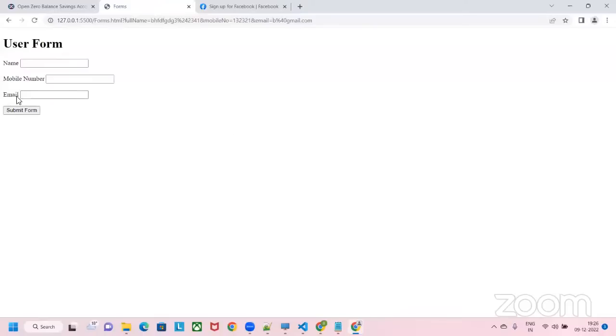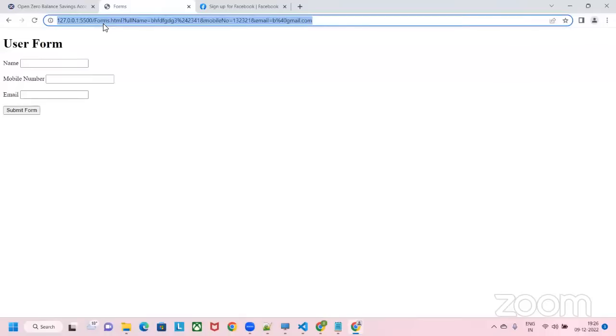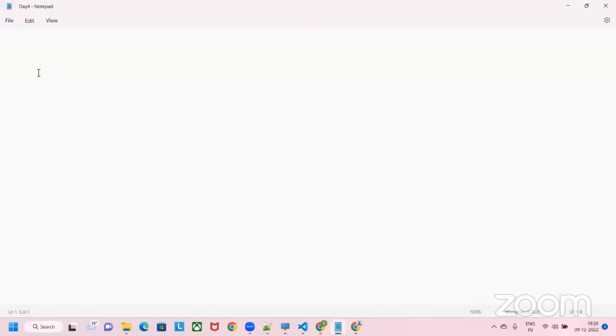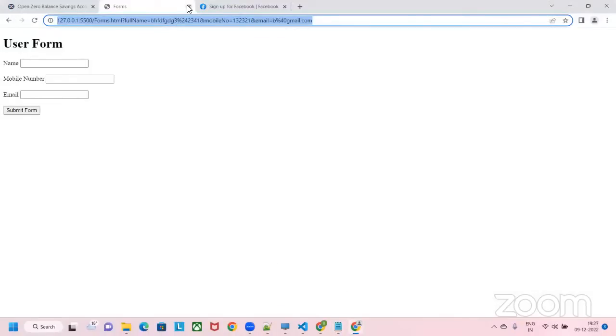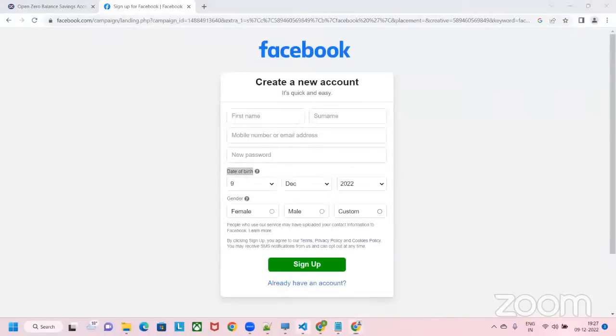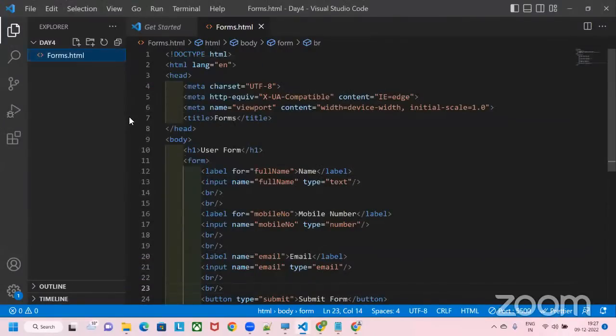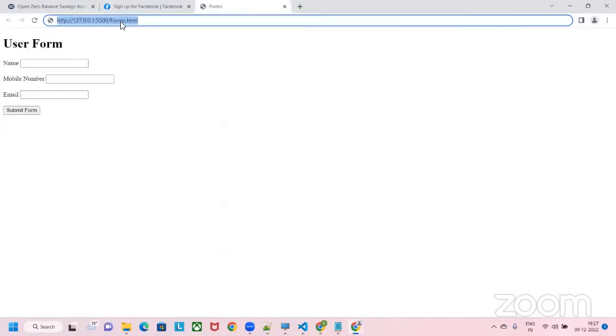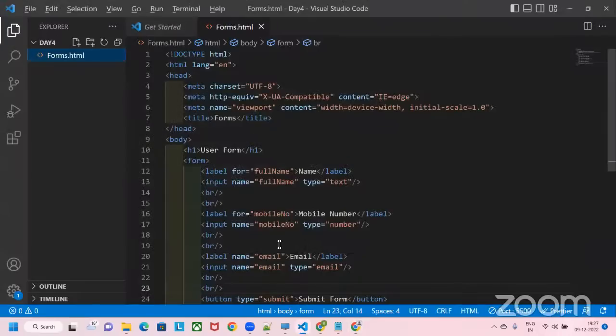You might have noticed something happened. What that something is, here you can notice the URL. Let me copy it here. I will close it and open it with live server. Okay, this was the URL. And as soon as I submit it,